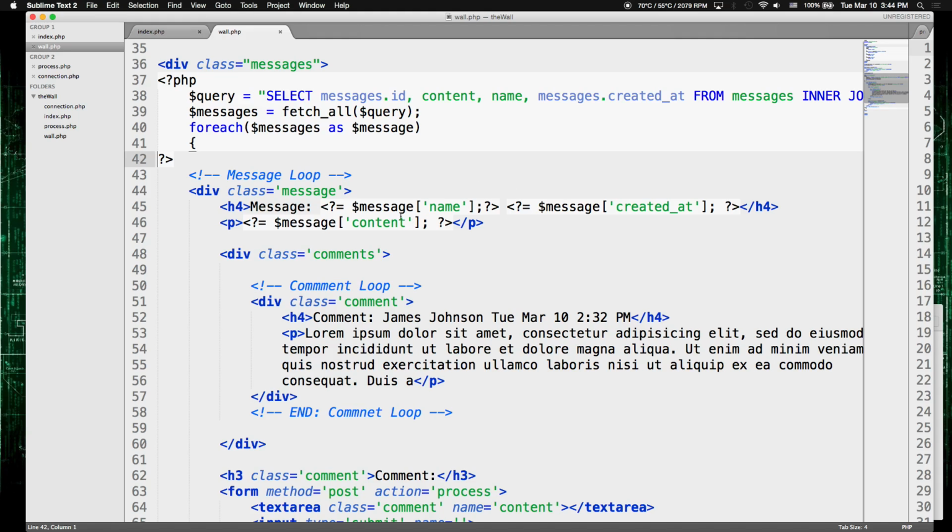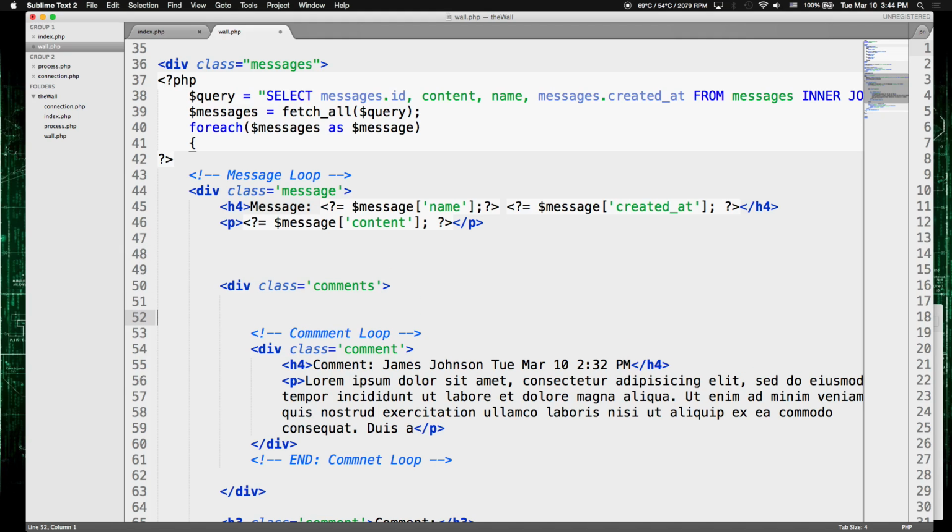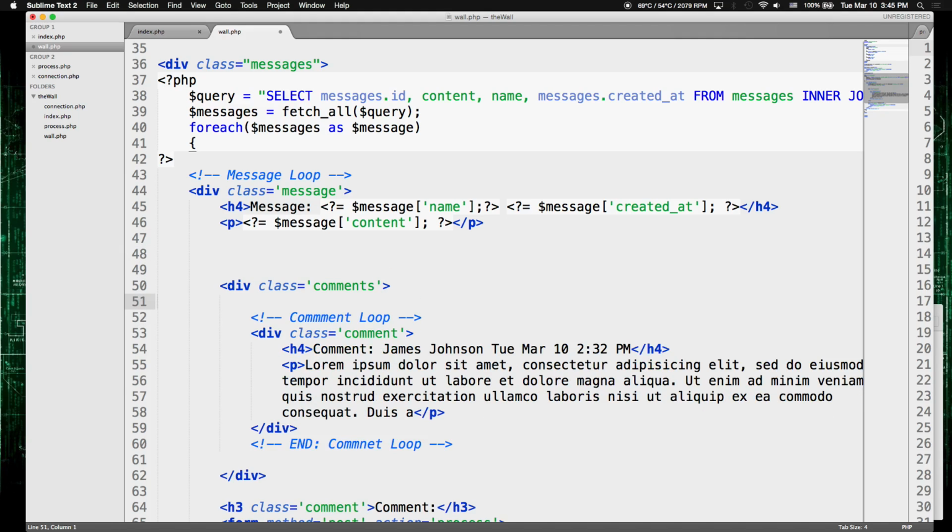So here, there's many ways we can do this. We can run one query for all of it. We can run two queries for all of it, or we can run one query plus as many messages query, right? So the simplest way to do this is inside of this single message in my comments, just before I add the comments in my loop here, I can open PHP tags